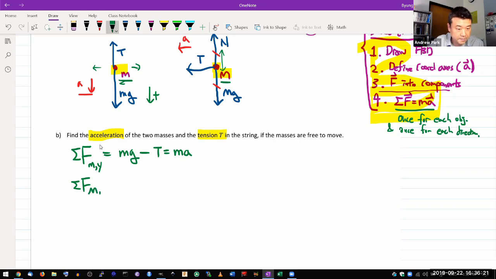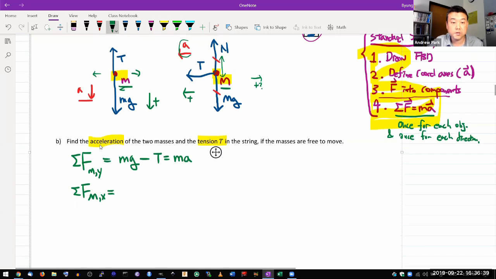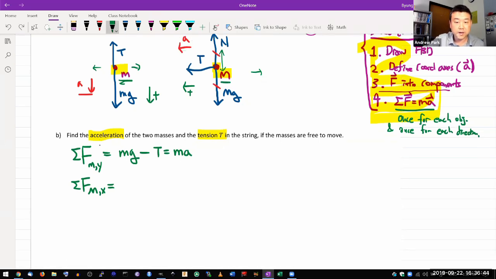So for the big mass m in the x direction, it's going to be a little bit unusual letting the leftward direction be positive, but I'll just do it that way. If you somehow made the rightward direction positive, then you have to remember your acceleration is going in the negative direction. So rather than dealing with all that, I'm just going to say my leftward is positive. Then I can say tension is going in the positive direction, and that's equal to the big